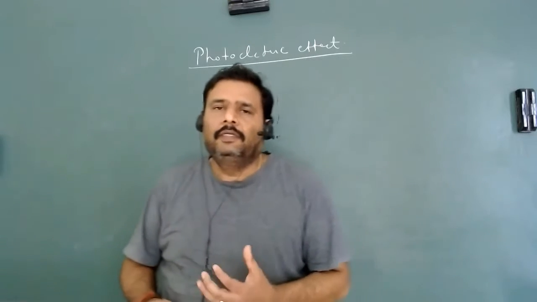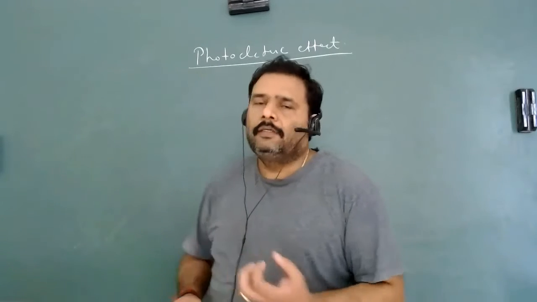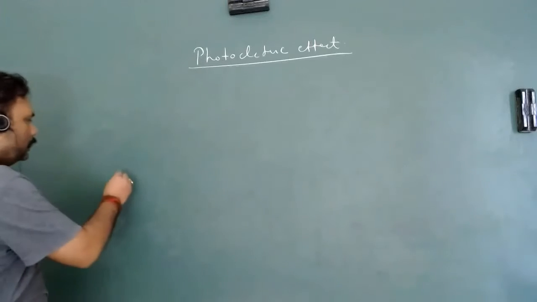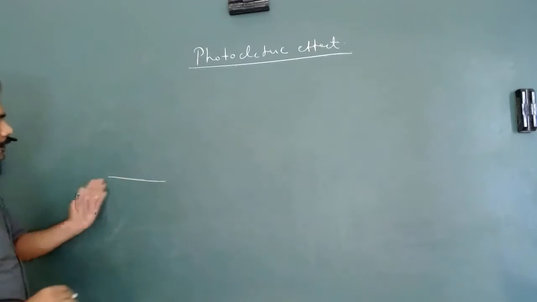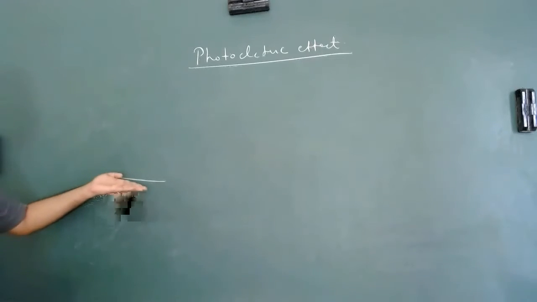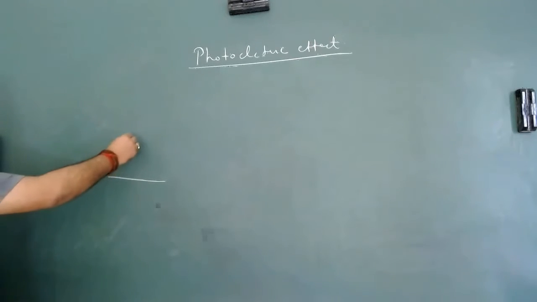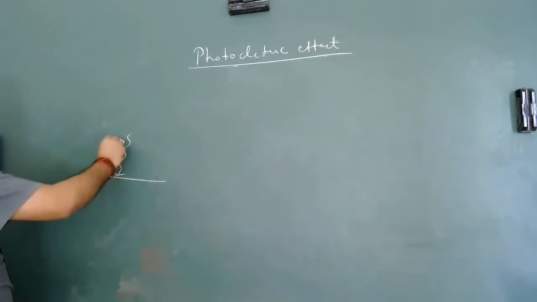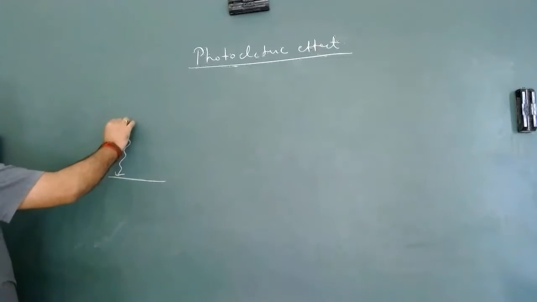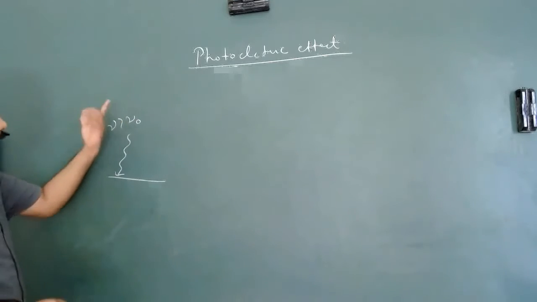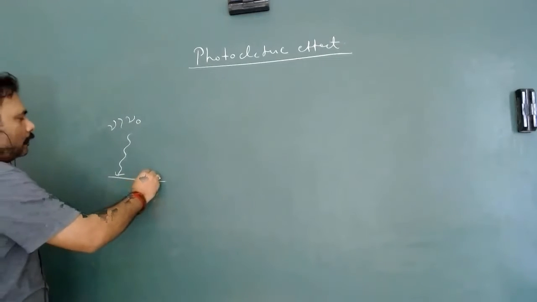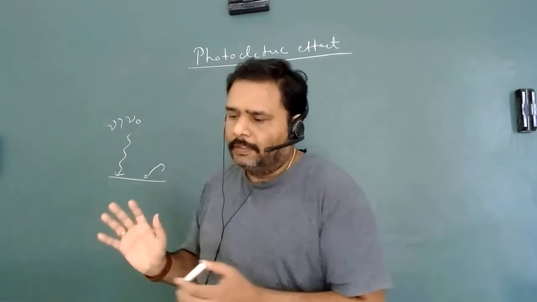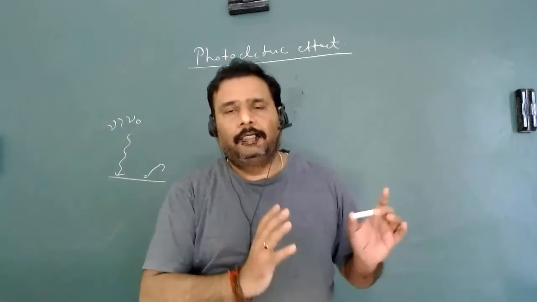So before that, let's see what we are going to do. Let us assume we have a photographic plate, some metal plate, where the light will come. And we have seen that if the frequency of light is greater than some particular frequency, the electron will come out. So these are the basic fundamentals of this particular experiment, but the experiment is entirely different.